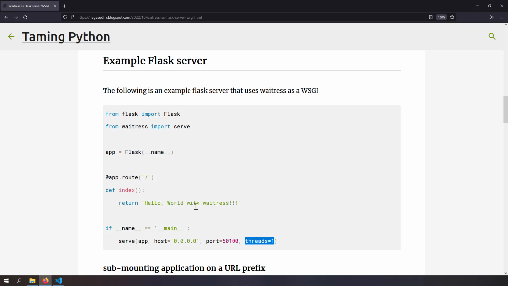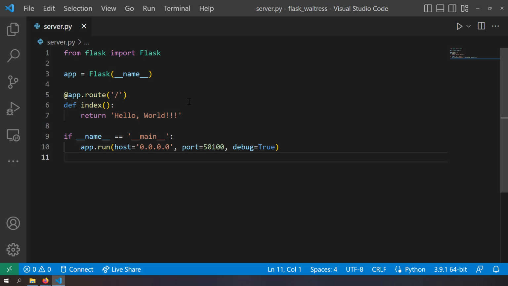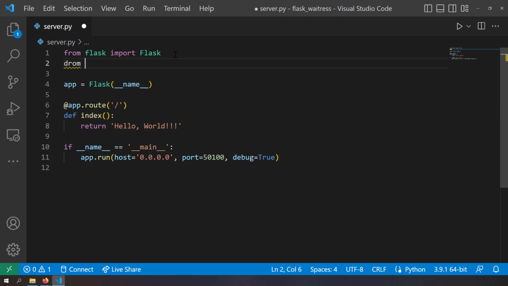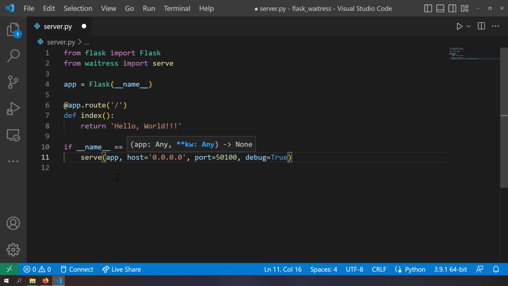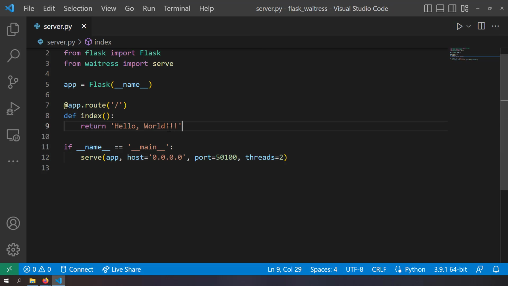Alright, let's try to use Waitress now. So I'm going to open my editor and I'm going to write from waitress import serve. So I got my serve function. So instead of writing app.run, just write serve, and here the first argument will be the application, which is the Flask application instance, and you're giving the host, port, and I can't give debug equal to true. And if I want, I can mention threads equal to 1 or 2 or whatever. Just to differentiate, I'm going to write hello world with Waitress, and I'm saving it,